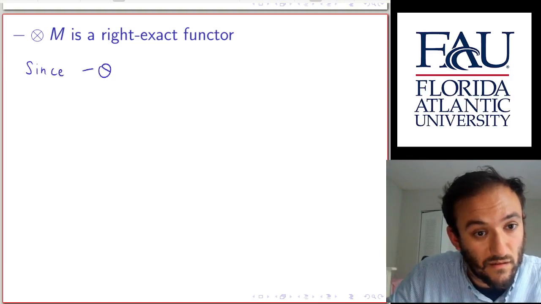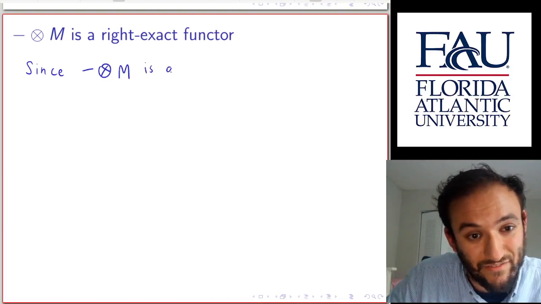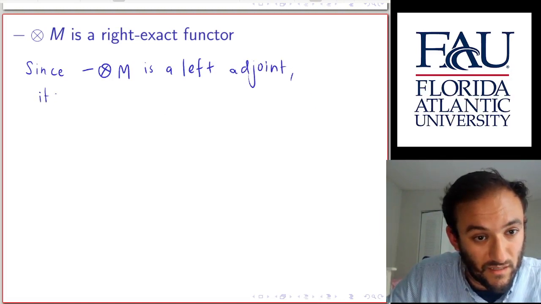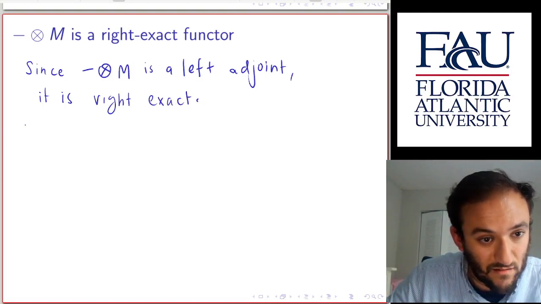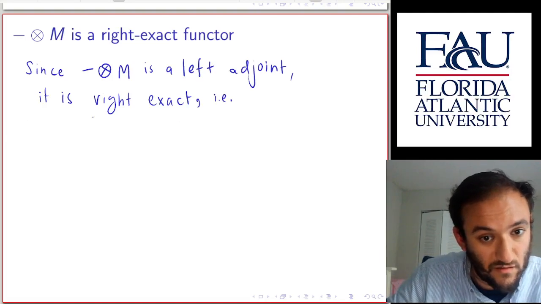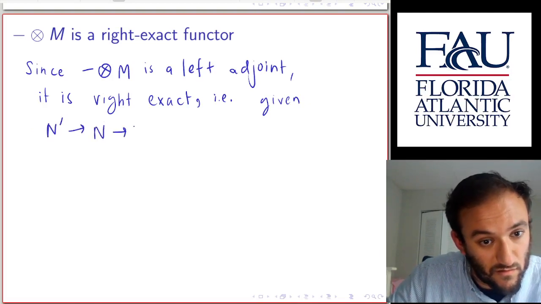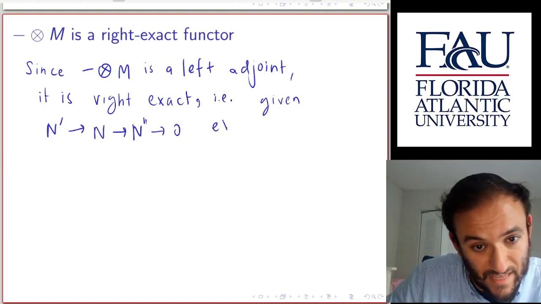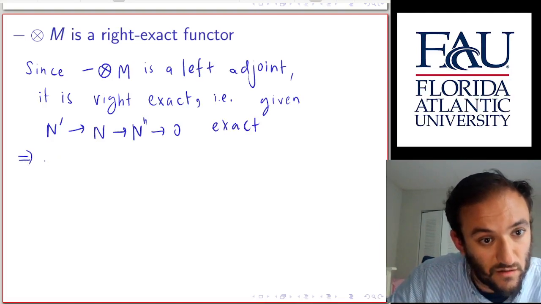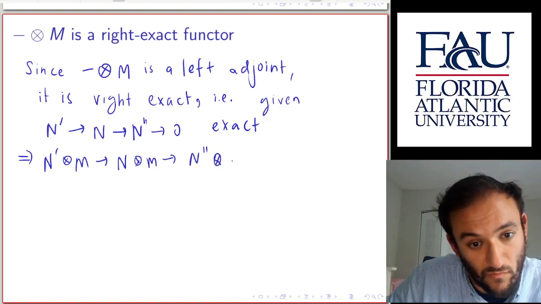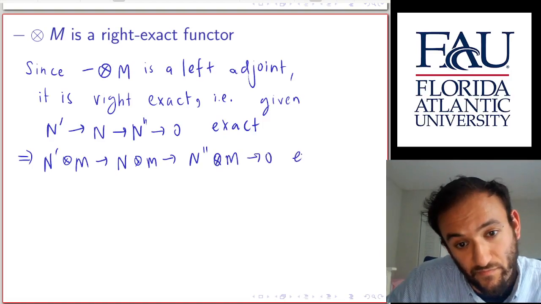since this functor is a left adjoint in the way that we've described above, it is a right exact functor, which means that, more specifically, if you have a sequence of modules which is exact, then applying the functor to each step of the module will remain exact. Okay, and it's called right exact